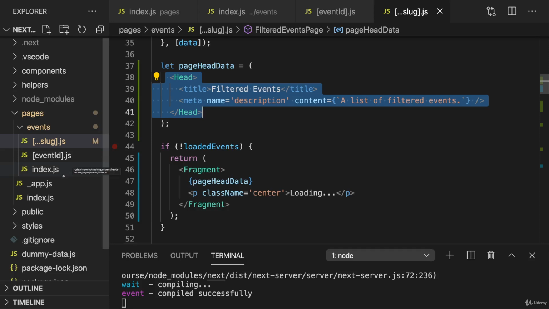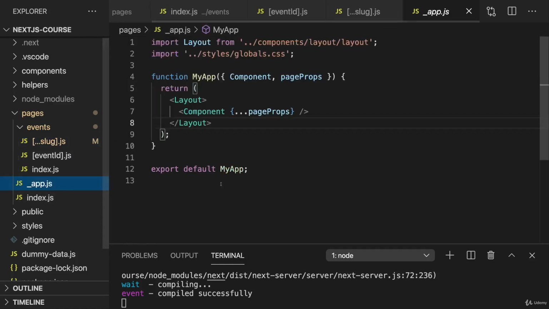But we can also use another approach. Next.js has this _app.js file, and it also has another file which we'll be able to utilize. Now let's understand what the idea behind those files is before we dive into them. The _app.js file is your root app component, which in the end is rendered for every page that is being